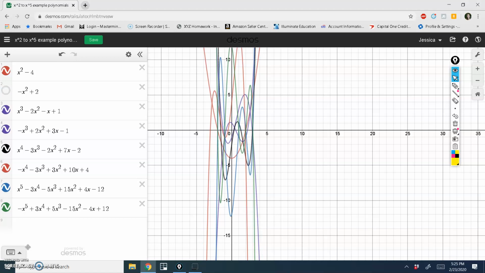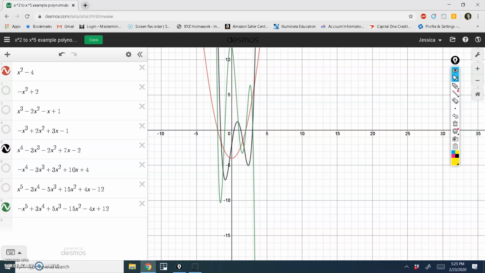So let's look at all of our even positive polynomials. When I say even polynomials, I mean the leading power is an even power, like an x squared, an x to the fourth, an x to the sixth, x to the eighth, x to the 10th, and so on. So if we look at our shapes here,